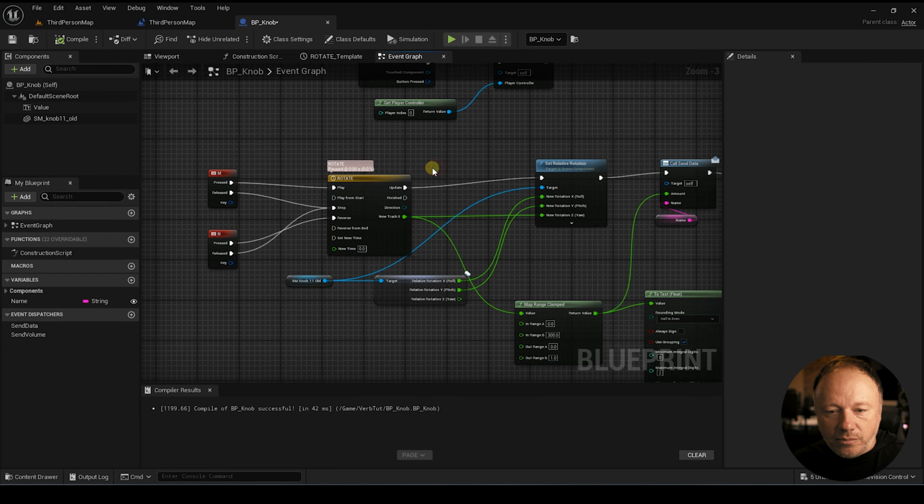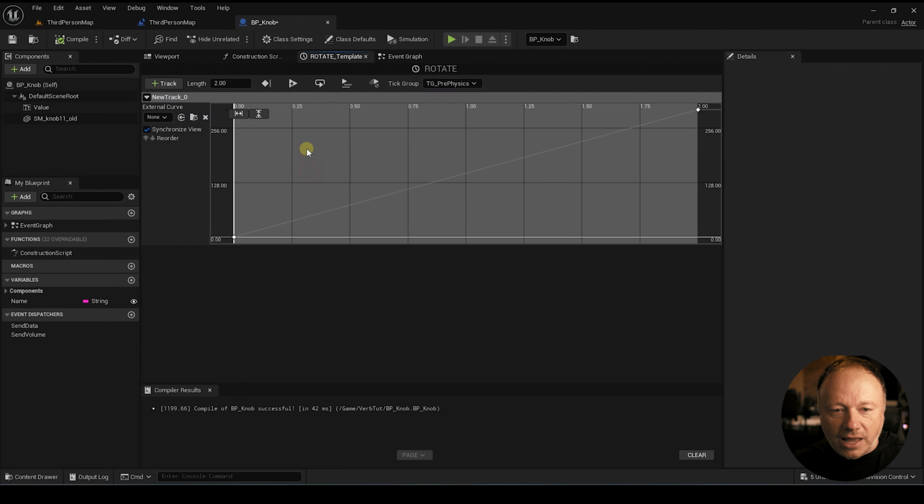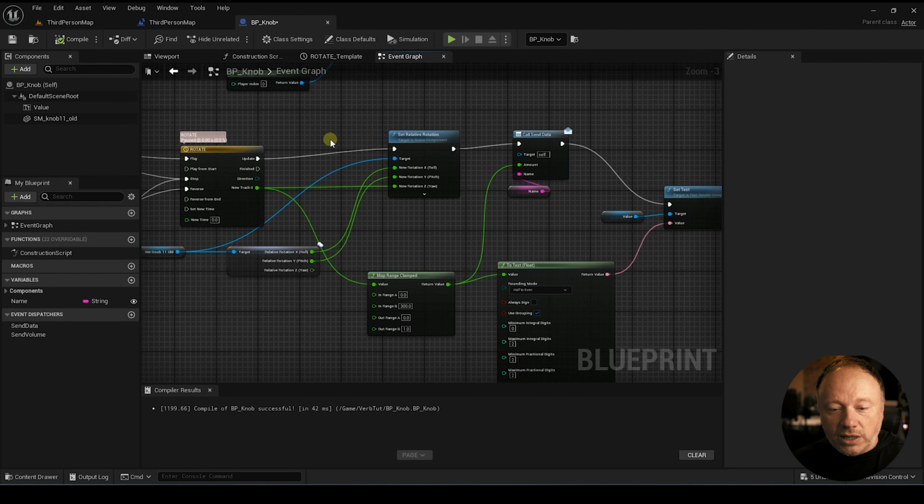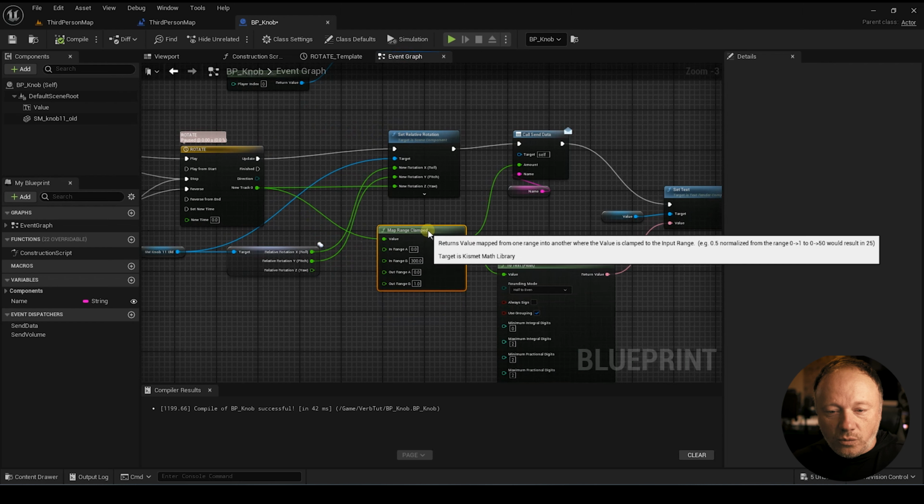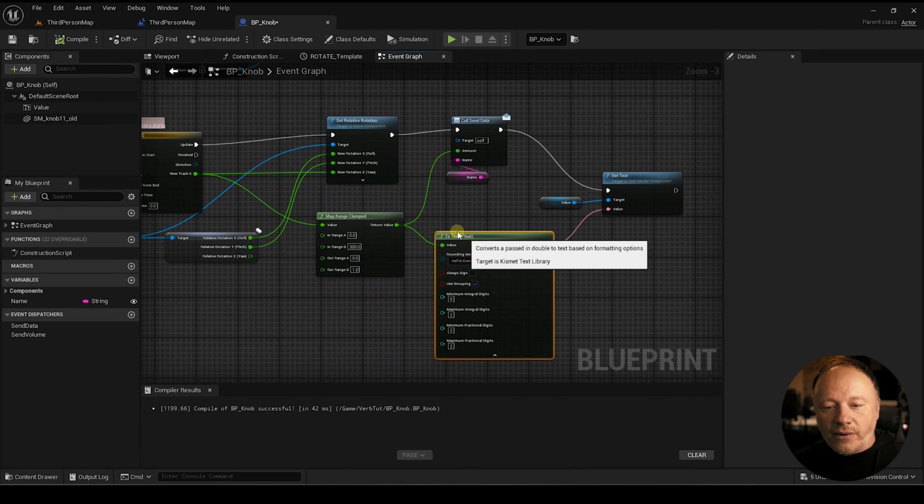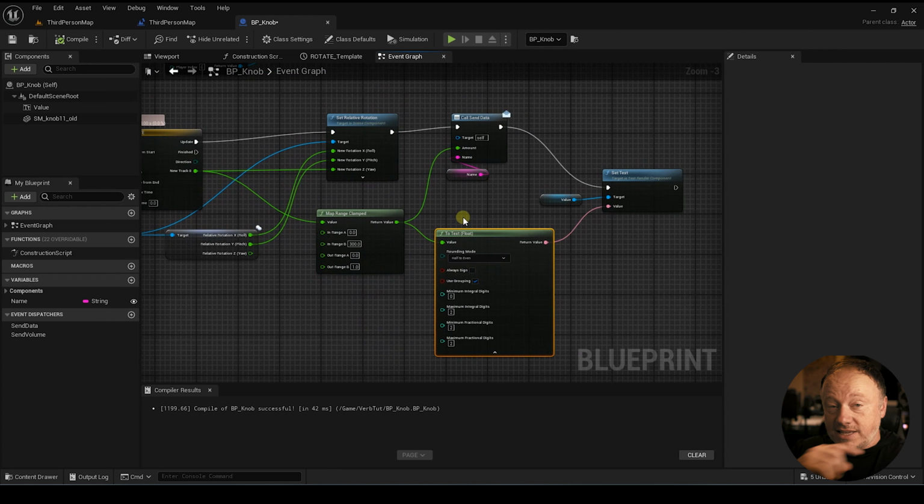So we rotate the knob, we're basing it on a timeline, and that timeline's shooting out this float from 0 to 300 degrees, basically. And that's what's spinning the knob. Then we're clamping that 0 to 300 to 0 to 1. So when the knob's at nothing, it's at 0. When it's full circle, it's at 1. So we have a scale of 0 to 1, which is what we want for our reverb and our delay